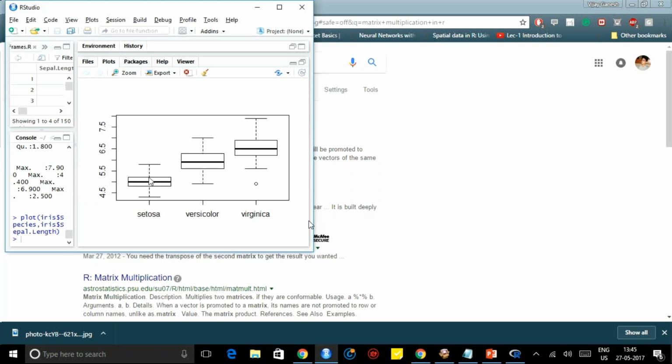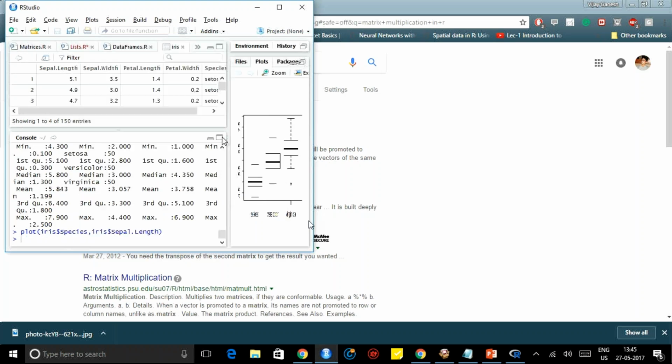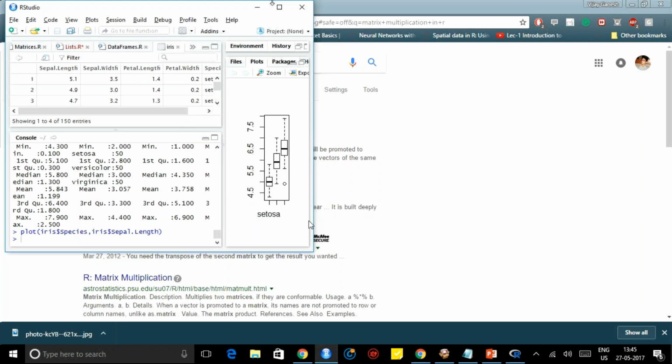Sorry, this is the minimum and this is the maximum. This is the first quartile, second quartile, third quartile, fourth quartile. So those things you can do.